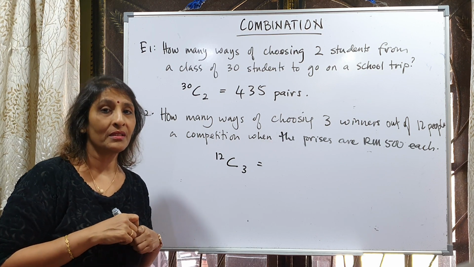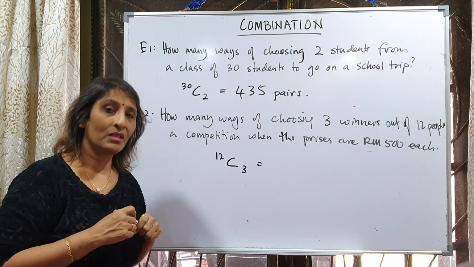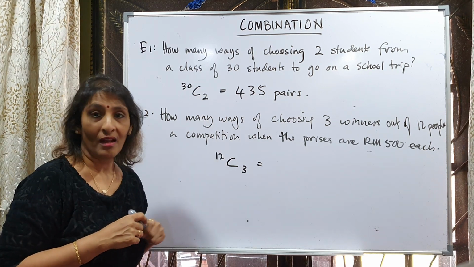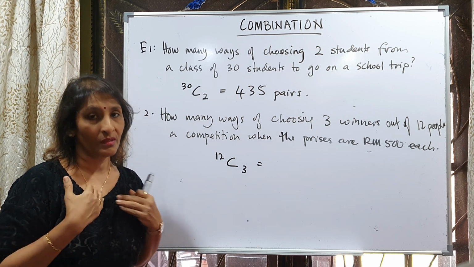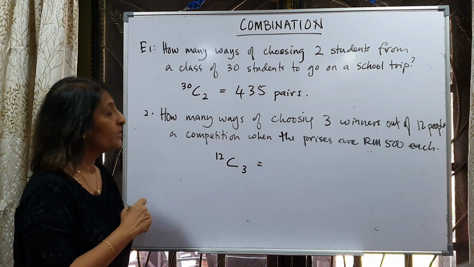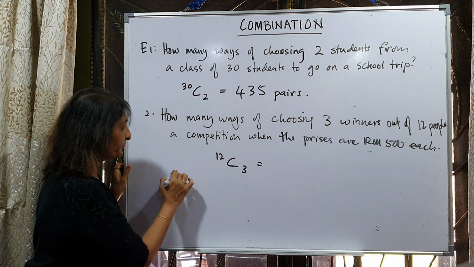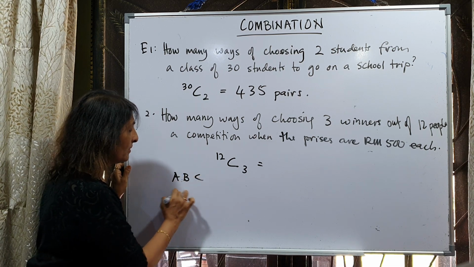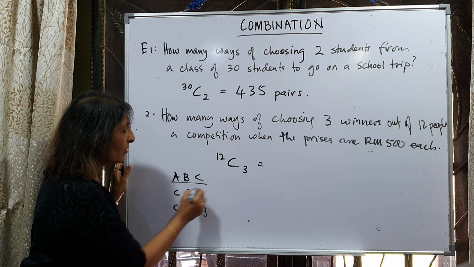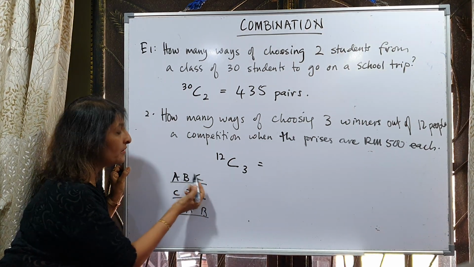You know why? Because in the exams, they wouldn't tell you this question you must use P, this question you must use C. They won't tell. So you have to be smart enough when you read the question, you just ask yourself if the arrangement is important. Like I said, for permutation, the arrangement is important. So if you chose alphabets A, B, C, C, B, A and C, A, B or something, they are all 3 different words. They are forming different words. So the arrangement is important.